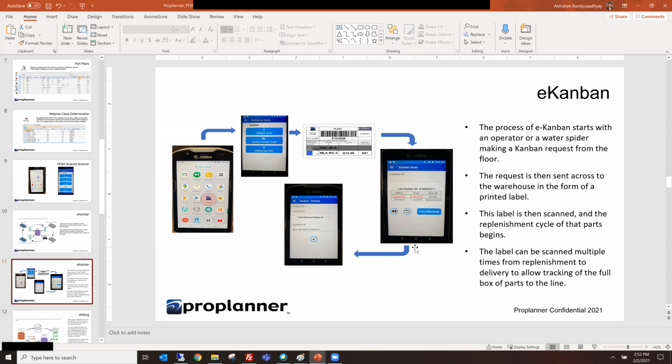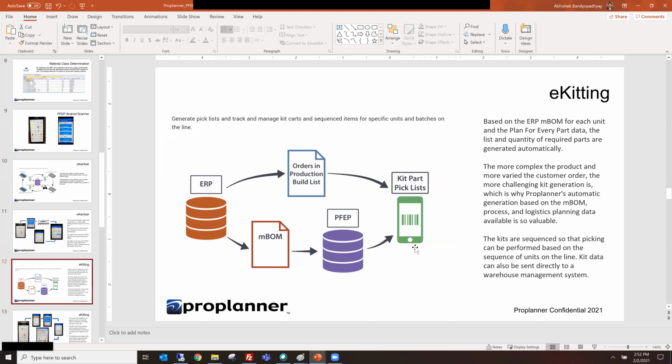So that is eKanban. The next is eKitting. This is a little more involved, obviously. This system is relying on the knowledge that Proplanner has the MBOM. Proplanner knows the production schedule, therefore knows the orders that you're about to build. And a combination of these two,